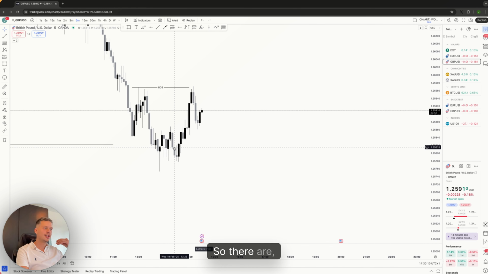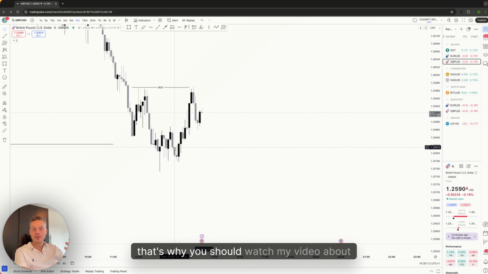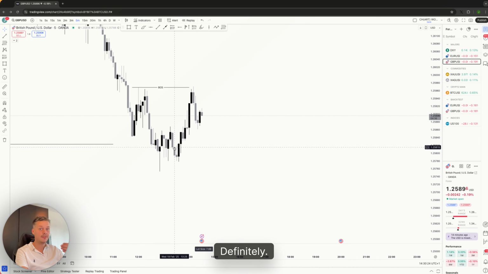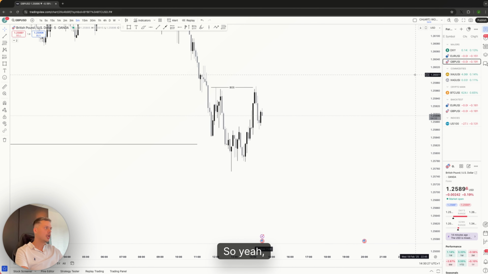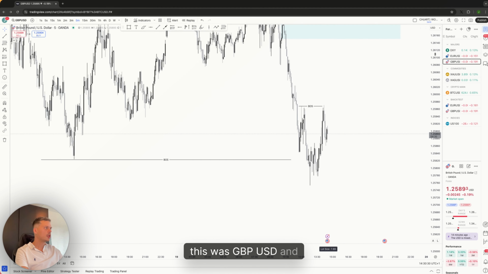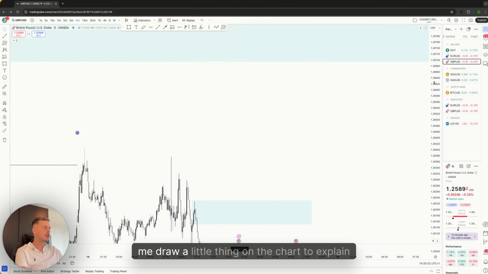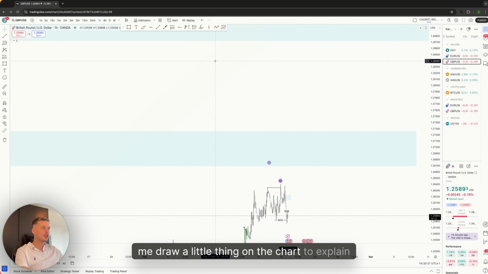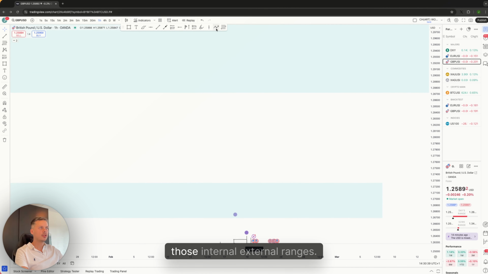That's why you should watch my video about liquidity, because then you will get an even better understanding of how market structure and liquidity are so much in line, and you can use that to your advantage, definitely. So yeah, this was GBP USD, and let me draw a little thing on the chart to explain those internal